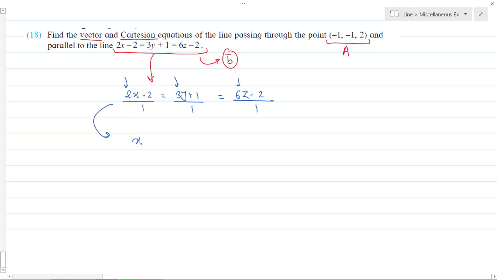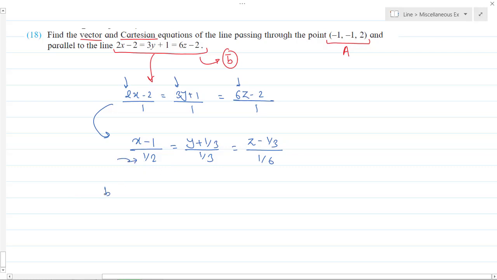So it becomes x minus 1 upon 1 by 2, equals y plus 1 by 3 upon 1 by 3, equals z minus 1 by 3 upon 1 by 6. I hope you are ready. What I have done here, I have multiplied by 2 on both side, divided by 2 on both side, divided by 3 on both side, मतलब ऊपर और नीचे, divided by 6 ऊपर और नीचे. परफेक्ट. सो यहाँ से आपको मिल जाएगा, ये हो गया अपना डायरेक्शन रेशो.